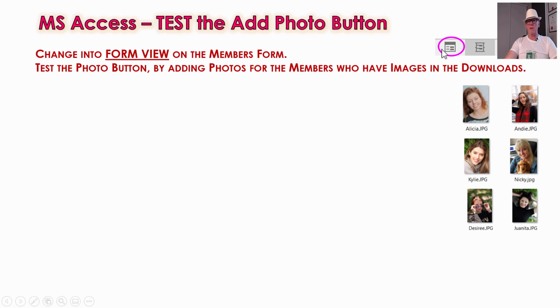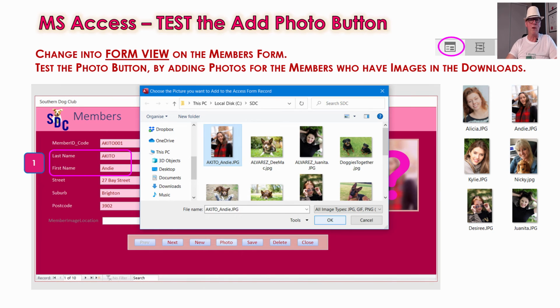So on your members form, you can change over to form view, and we've got 6 pictures available here, which you get as part of the download. So that covers quite a few of the members. The other members there, we don't have pictures for, but you can get an image off Google Images and just use that as your picture if you want to make sure you've got pictures for everyone and no one's got a question mark. So for Andy Akito, for example, where it's showing a question mark, you can click on the